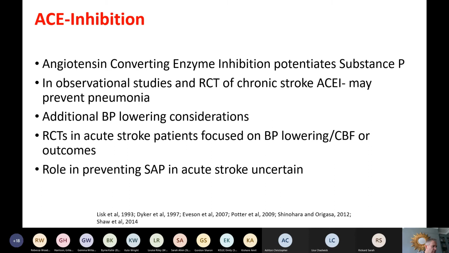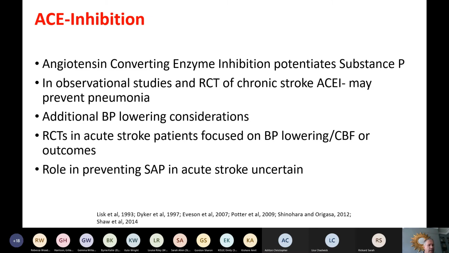So on the subject of cough, another medication called ACE inhibitors, or angiotensin converting enzyme inhibitors. These again have an action on substance P to potentiate cough. So they actually potentiate substance P by avoiding it being broken down by angiotensin converting enzyme. And again, there's been a lot of interest over the years about whether ACE inhibitors can prevent pneumonia. There have been studies done in chronic stroke again, where ACE inhibitors may be used in secondary prevention for blood